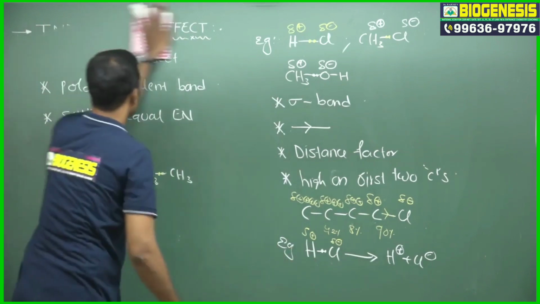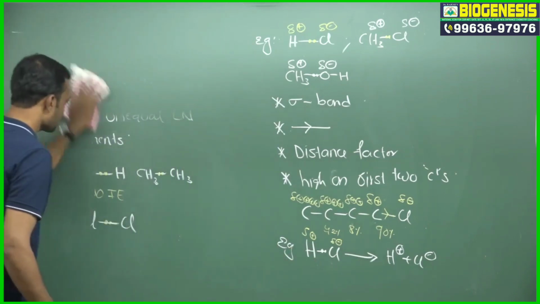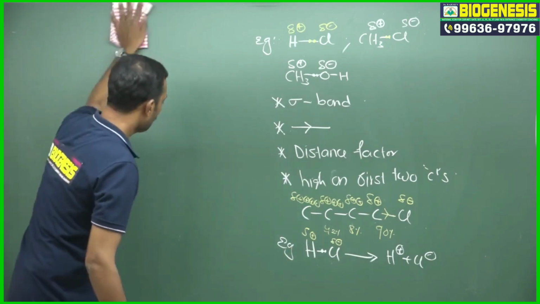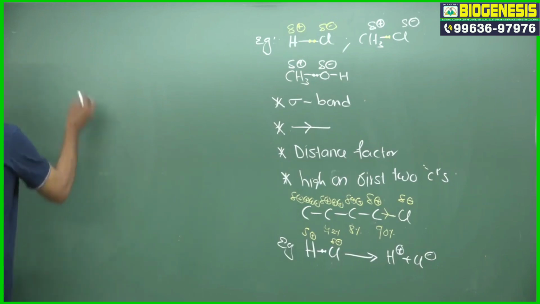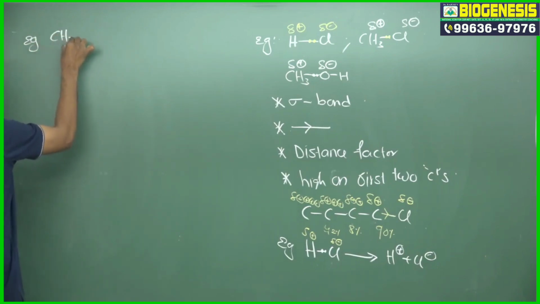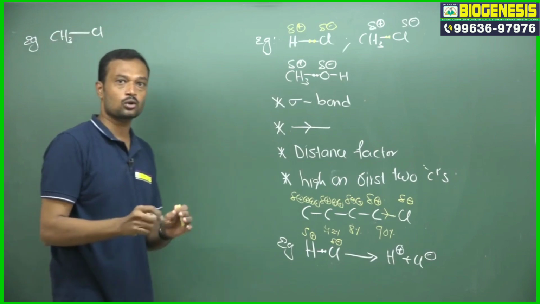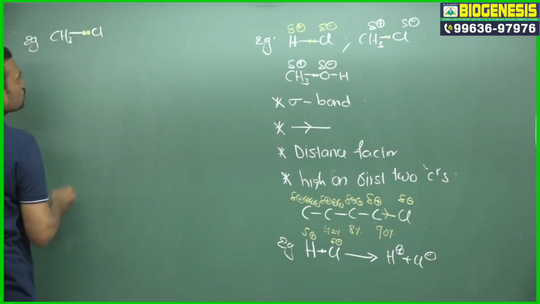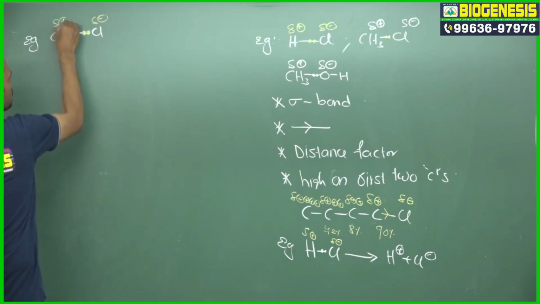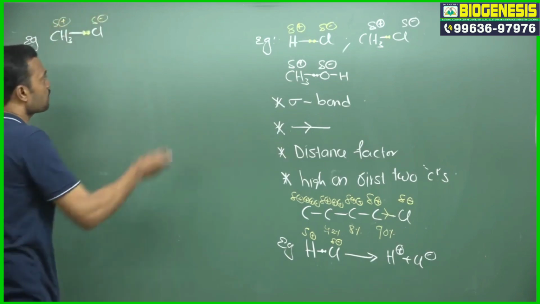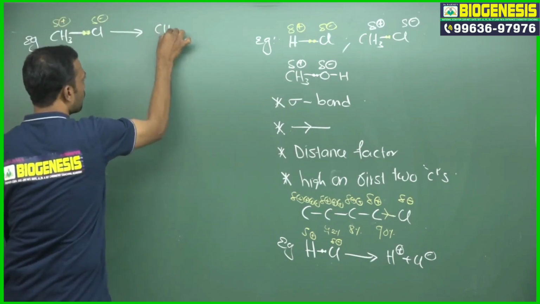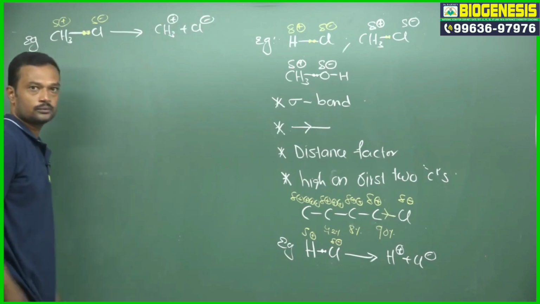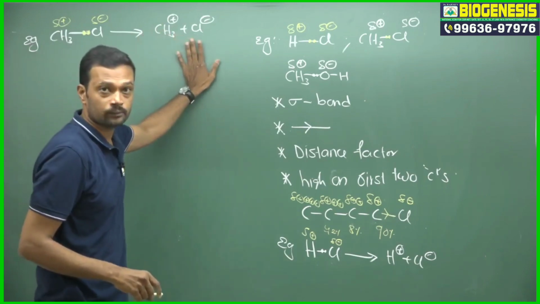I will give one more example so that you get a clear idea about what an inductive effect is. It is not a distance factor; it only operates in a sigma bond. Now I am taking methyl chloride. Listen, in methyl chloride, chlorine is an electron withdrawing group, so the shared pair of electrons moves very close to chlorine. Here it is partial positive, here partial negative. In this one, the inductive effect is present. Once you add any solvent, there is an ionization reaction. Here there is no inductive effect. Ionization is not an inductive effect.